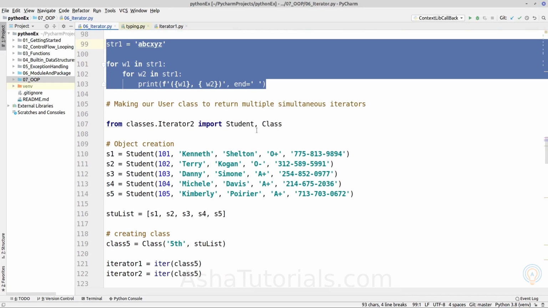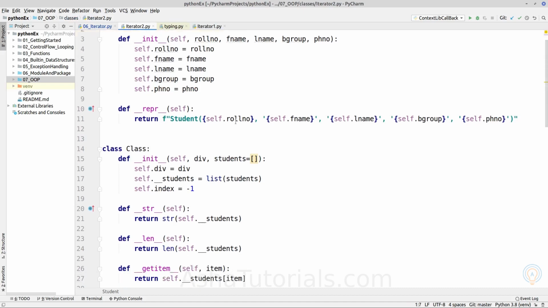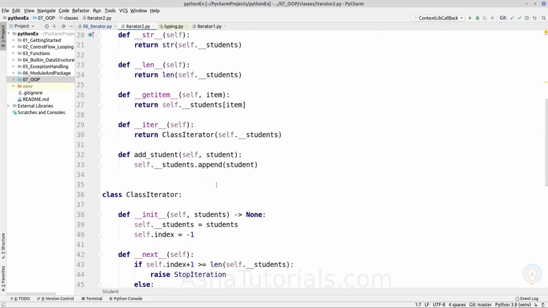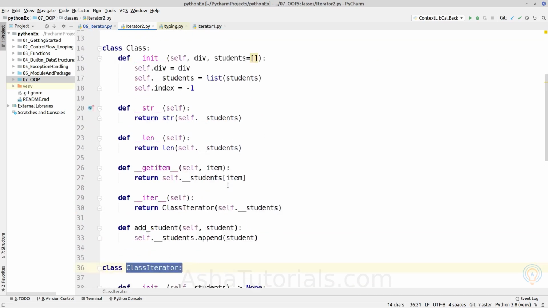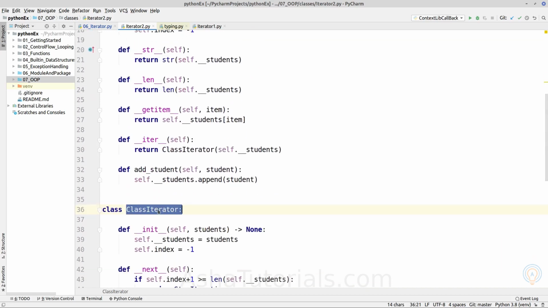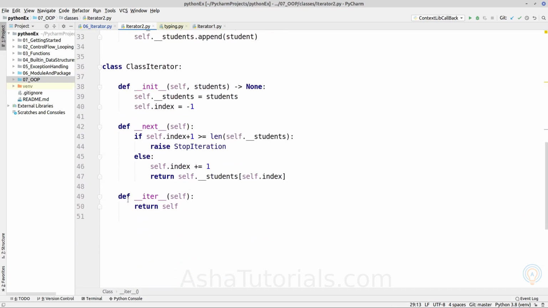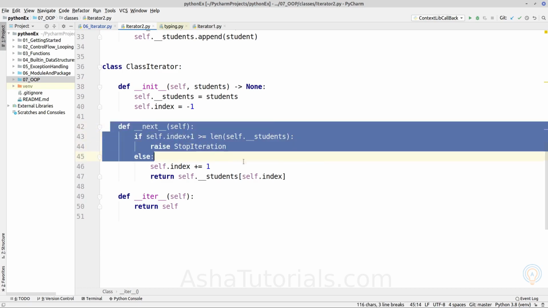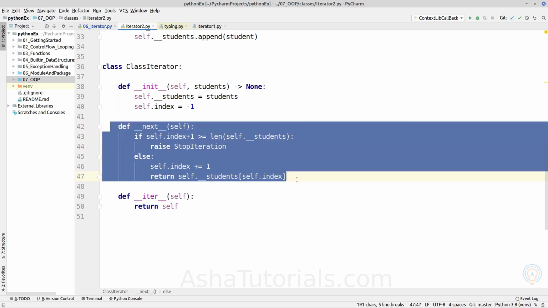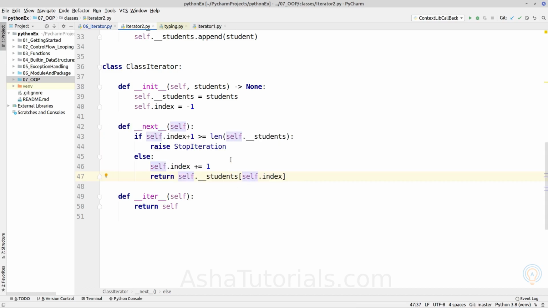In the same way we will implement it for the user defined class. For that we have created a new class, Iterator, and an object of this class will be returned by our iter method instead of self, and it contains the same next method as we defined in the previous example.